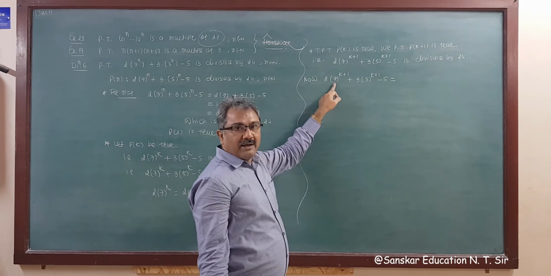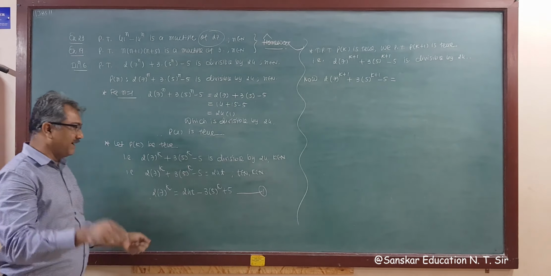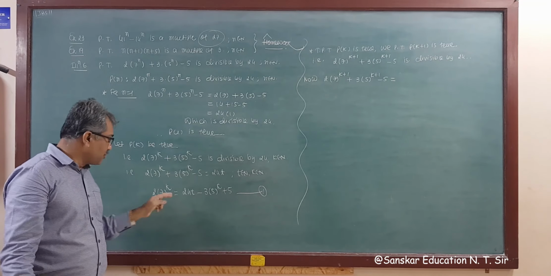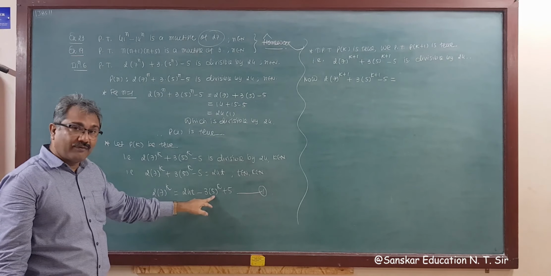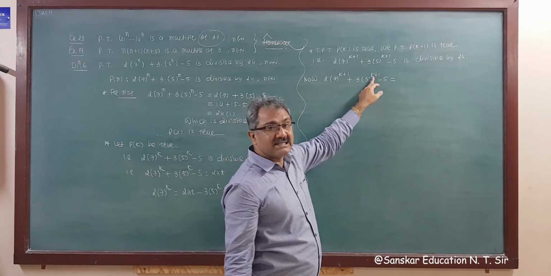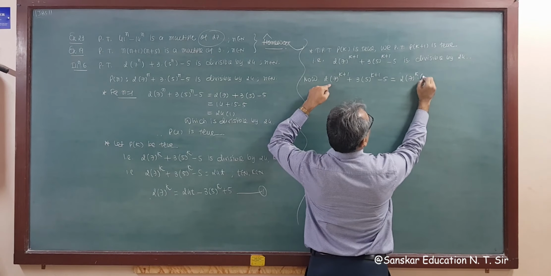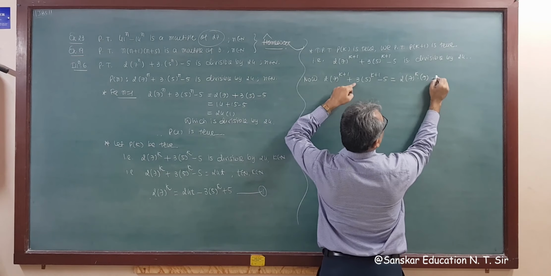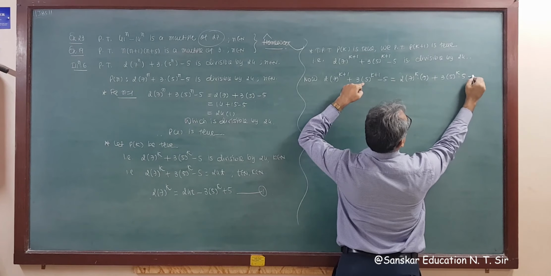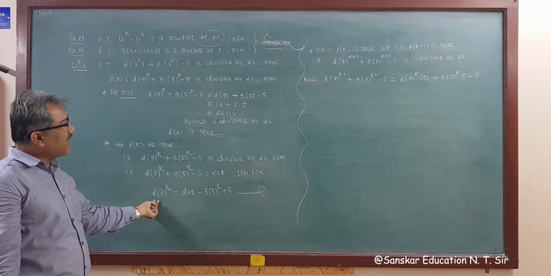So, applying the exponential rule, what we get? Because before simplifying, we have to keep attention here. So the power of 7 is k and the power of 5 is also k. And here the power of 7 is k plus 1, and of 5 is k plus 1. So this is 2 times 7 raised to k into 7 plus 3 times 5 raised to k into 5 and minus 5, right?